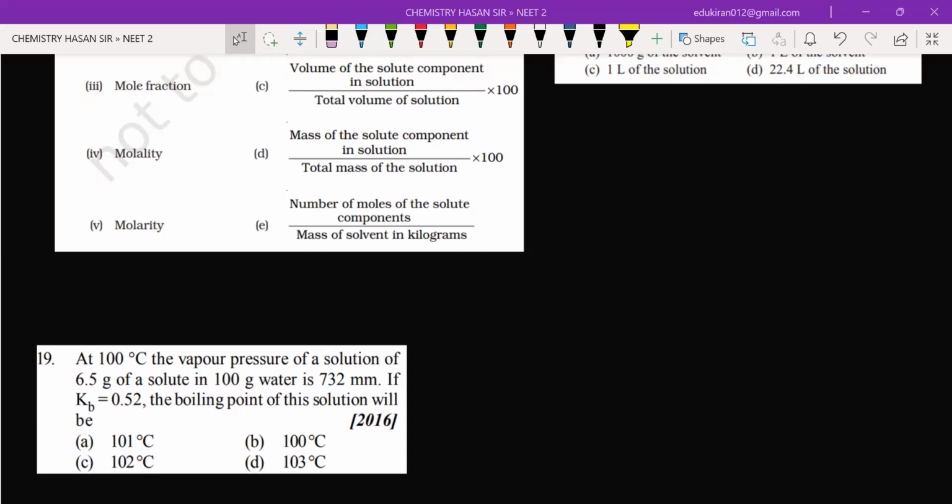Very easy. In the next class, we are going to start with electrochemistry. And in electrochemistry,